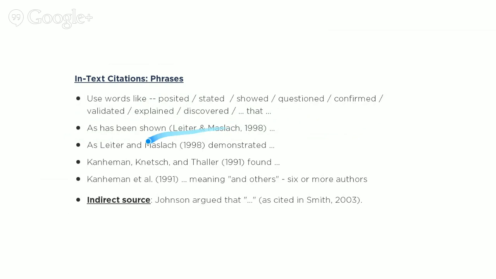Or maybe I do want to include the authors within my text. So I include the authors' names as certain authors, but then I need to put the publication date within the parentheses, demonstrated. So here I'm taking a verb, not using any ones from here, but just using a different one because this is what I want to explain, and then I follow up with whatever they said,